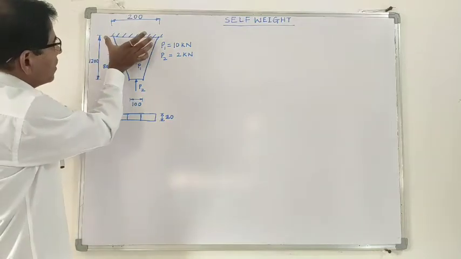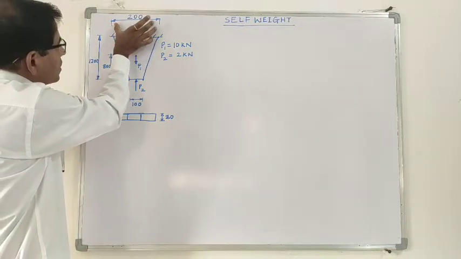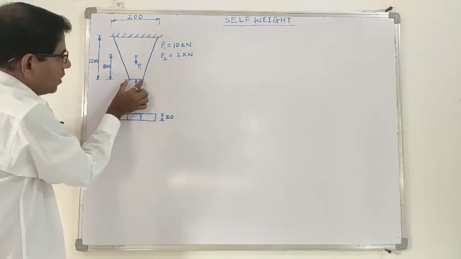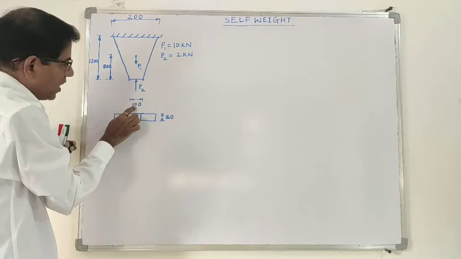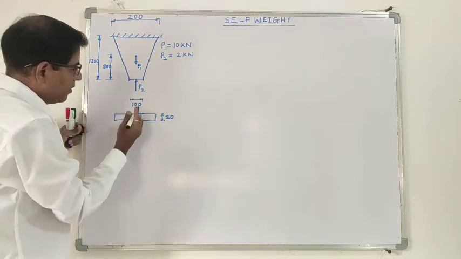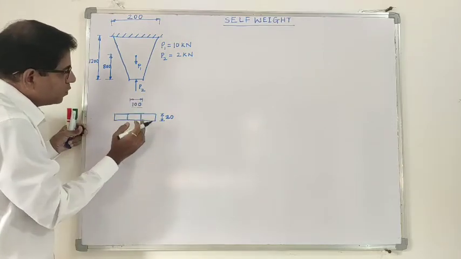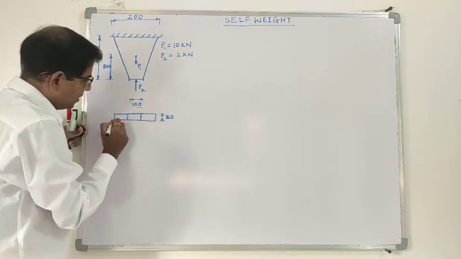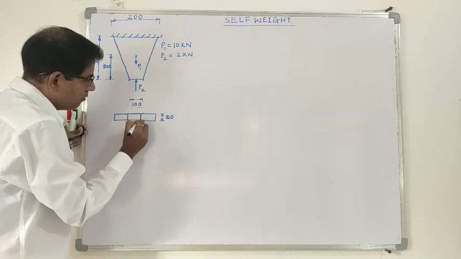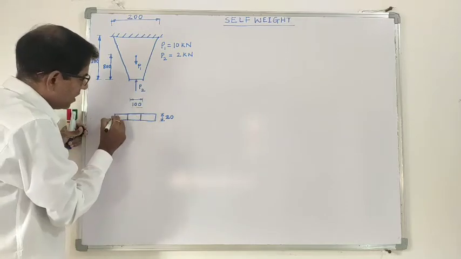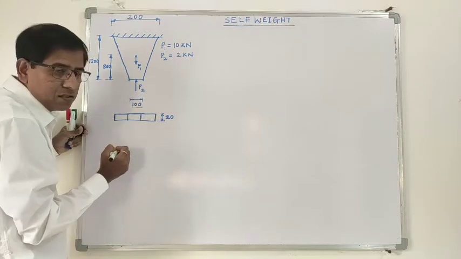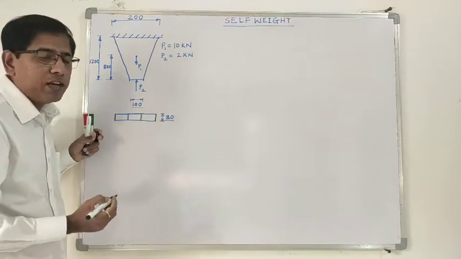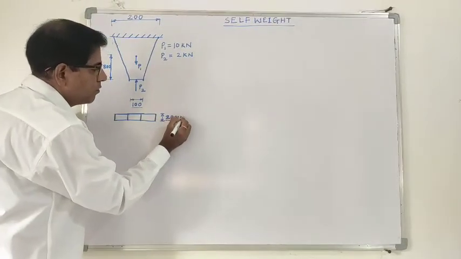Here you can see that the upper side of this wedge-shaped plate is 200 mm. The bottom side is 100 mm. If you see this plate from this side, then it would look something like this. This is the bottom edge and these are the top edges. The thickness of this plate is 20 mm.